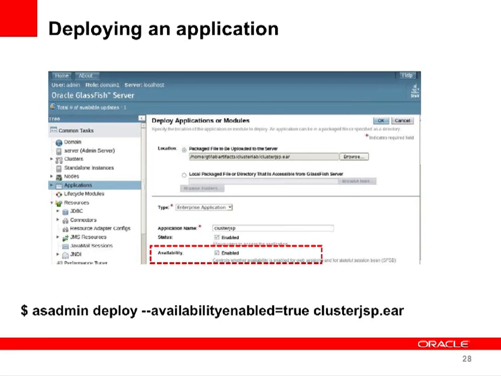Okay. Next slide here is on deploying an application. I suspect many of you familiar with GlassFish know how to do this, but for those of you new to GlassFish, I thought I would show this. You can deploy an application using the web console, and that's what's in the top half of the screen. I thought I would show specifically in the red box that if you want high availability to be enabled,